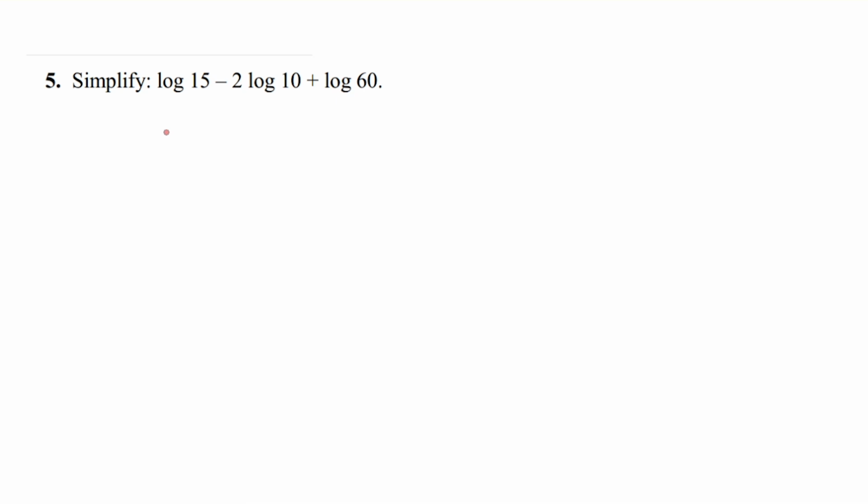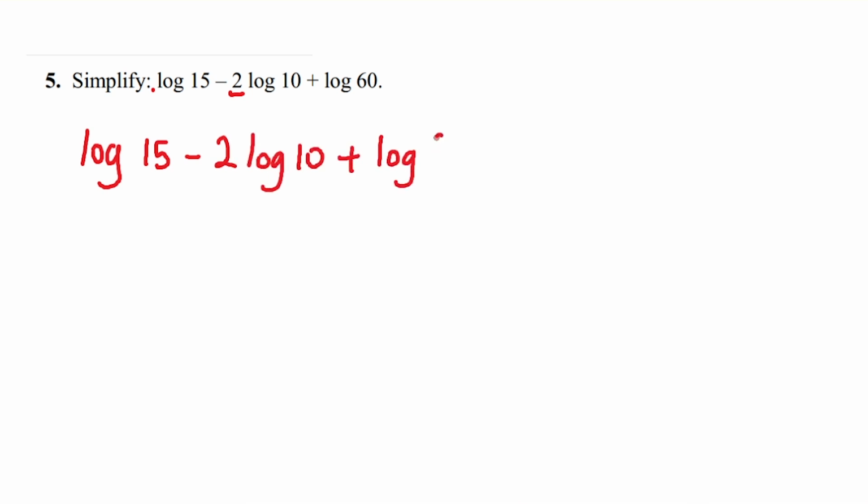So simplify logarithm of 15 minus that and that. So first of all, this logarithm here does not have a coefficient. Here it has 2, and here it has nothing. So let's first make everything have coefficient of 1, so meaning that log 15 minus 2 log of 10 plus logarithm of 60 is equal to, we shall say it is log of